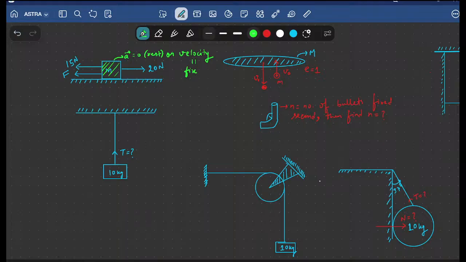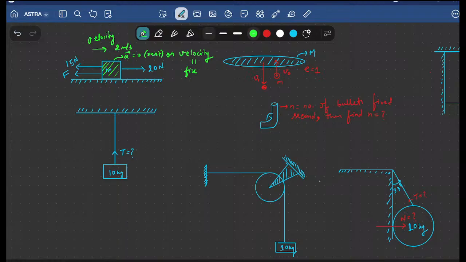Now, what do you mean by fixed velocity? Fixed velocity means neither the direction of the motion is changing nor the magnitude of velocity, that is the speed, is changing, right? So it might be moving in a fixed direction with a speed of 2 meter per second. It is also possible. It is not a very big deal, right?